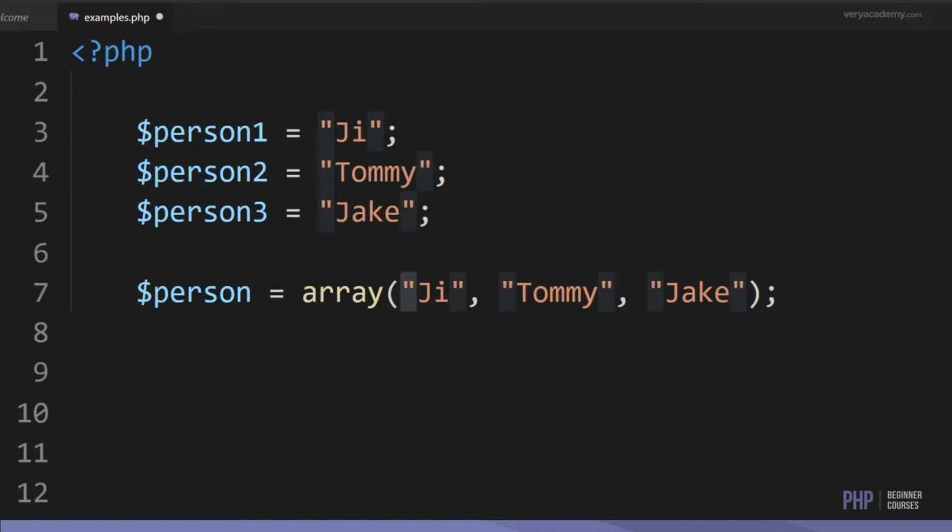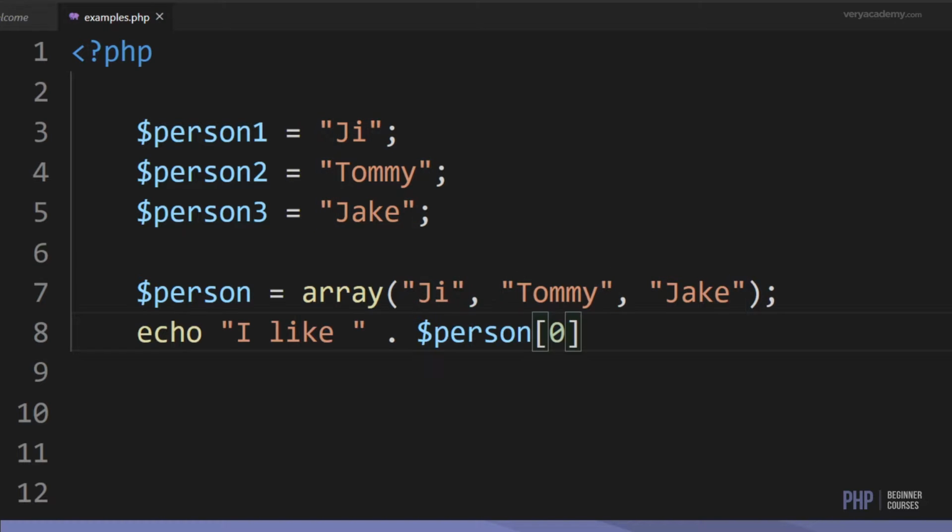So here we have an example of an array. We have the variable name, and then we utilize the array function. Each element is separated by a comma, and of course we're using strings, so we use the double quotes. Now this is an example of a PHP indexed array. All elements in this array are represented by an index number, which importantly you need to remember starts with